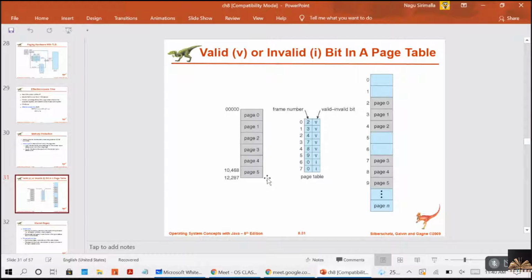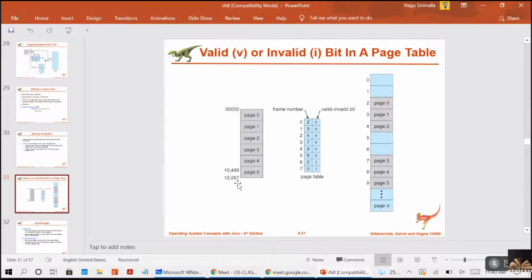The page number is valid, but with the offset, it can ask for some address at location 11,000, like that. It is in between 10,468 and 12,287. If it is referring there, actually that is invalid.